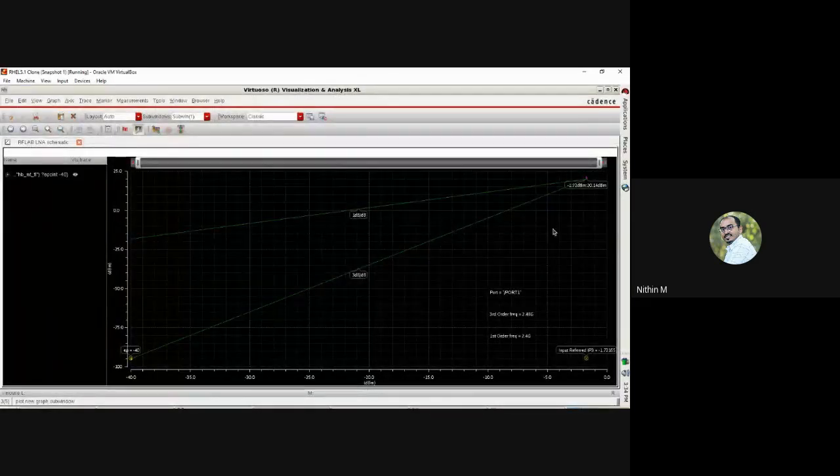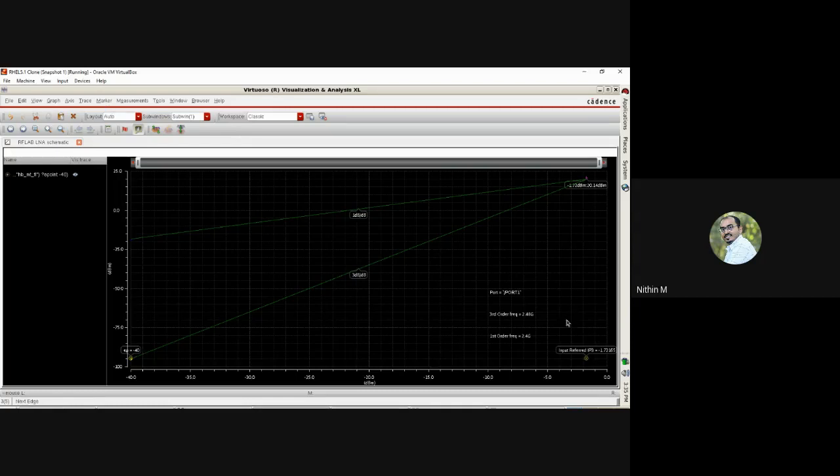Yeah, now you can see that this is the input axis and the output axis. The power level taken is minus 40 dB for that particular power level. The fundamental component is growing with a slope of 1 dB per dB, but the intermodulation is of the third order, so it is with a slope of 3 dB per dB. So both are meeting at a single point here, and for that single point, the simulator is giving me two results here. One corresponds to your IIP3, and the other one corresponds to the OIP3.